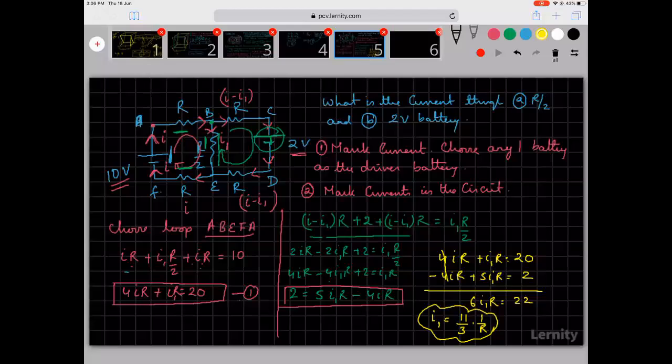Work it out. Please focus on the procedure. A lot of you focus only on the answers. The answers are not important. It is how I wrote what I did. That is what is more important. Understand that when you draw the currents, there are two unknowns: I is one unknown, I1 is one unknown. So all that you need to do is find out two variables, and to find two variables, you need two equations. That is what I did.